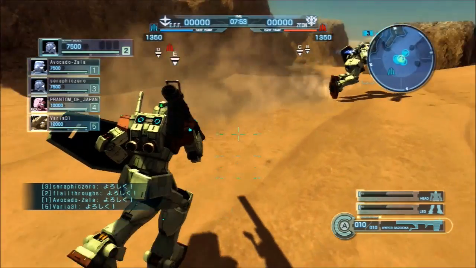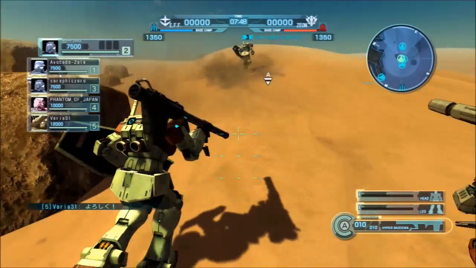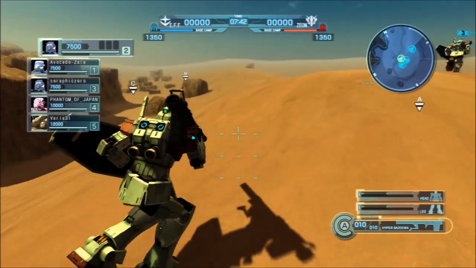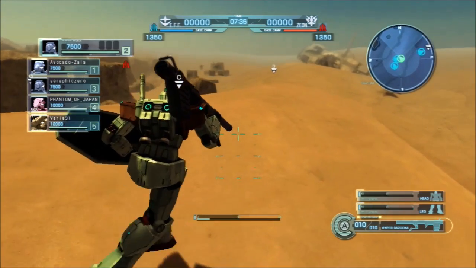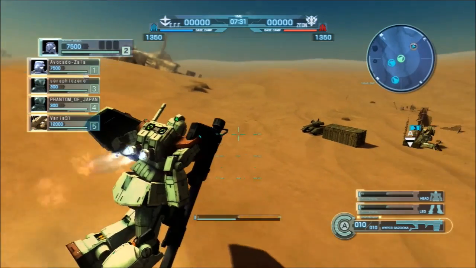This is another scenario battle, or situation battle, excuse me, from last week. I am in a straight-up GM with a hyper bazooka, so I am one of the weakest things on the team, along with Seraphic Zero, so you're going to see me die a lot. I do really poorly on this one, but I wanted to get this up tonight because